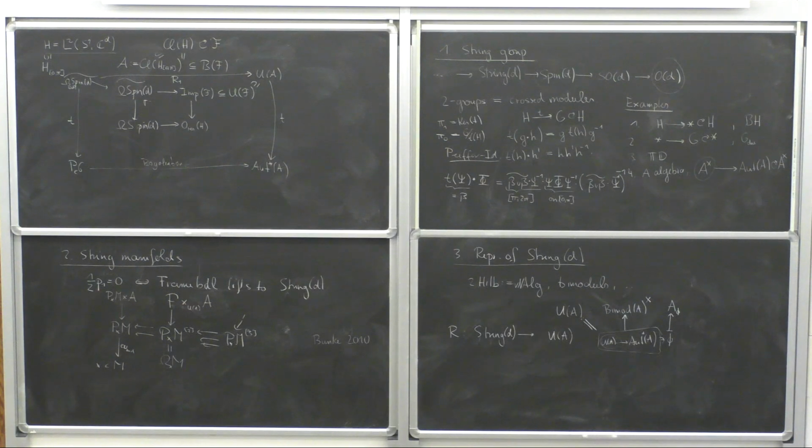Maybe a speculative, naive question, but would you then expect that these other terms that are missing on the blackboard, the higher terms, would be related to some, I don't know, higher notion of crossed modules? I mean, yeah, they are, yes. There is a theory for this. Of course, after the string group, you have to go to infinity, because the next step is the so-called fivebrane group, which has been looked at by M-theory people, and I think it's a 6-group. So it doesn't make sense to look at 6-categories, so you have to understand this in the infinity categorical